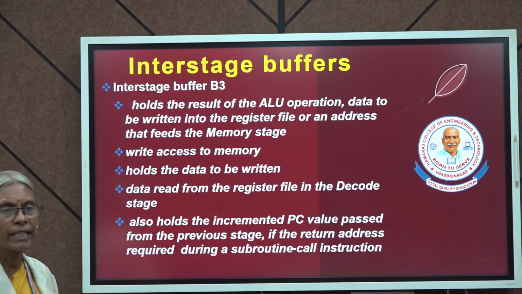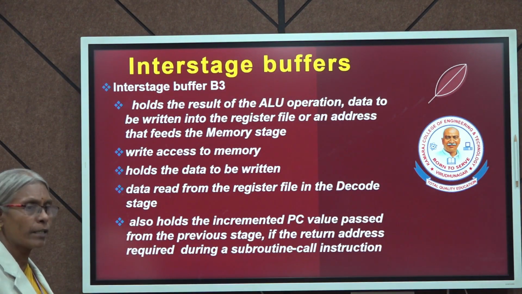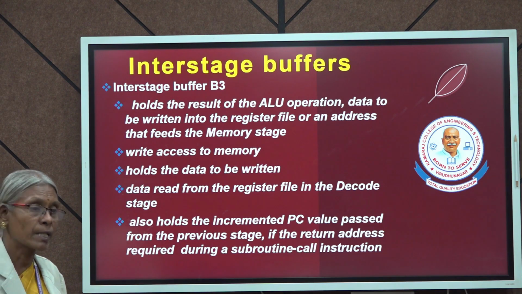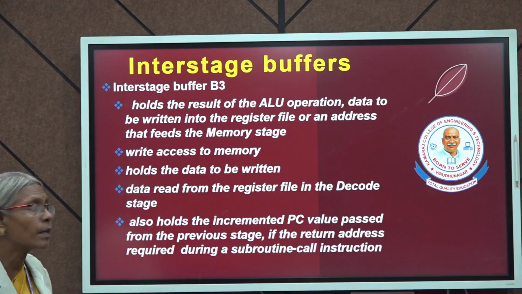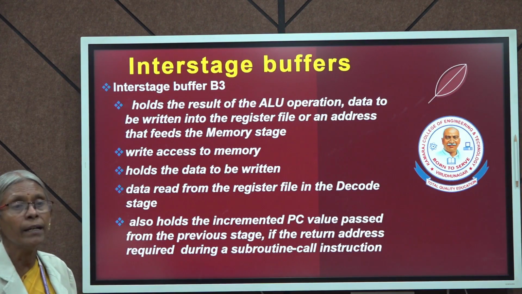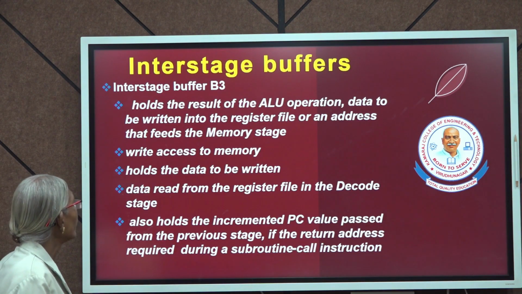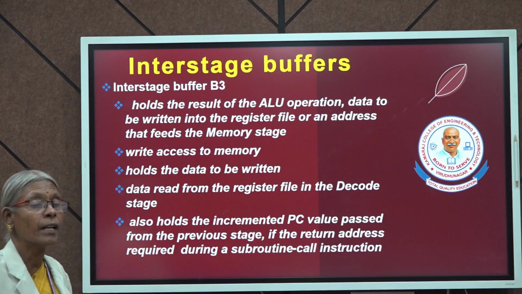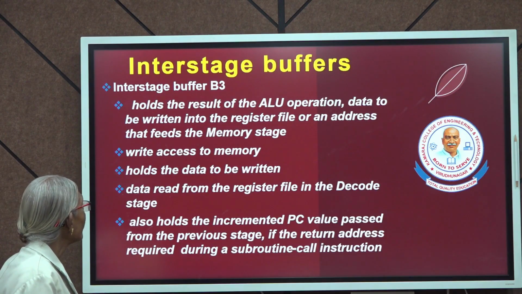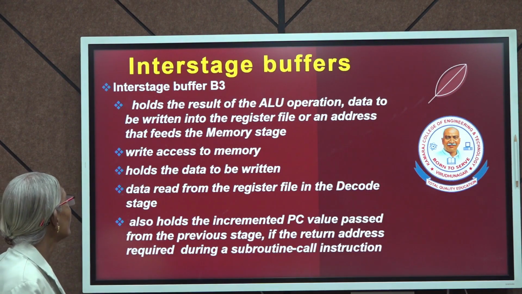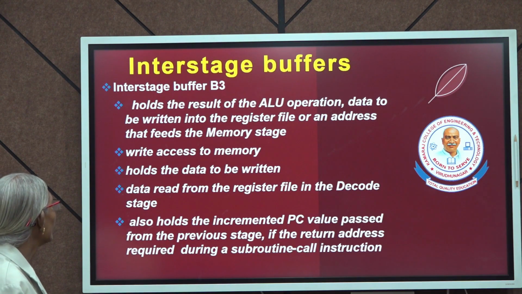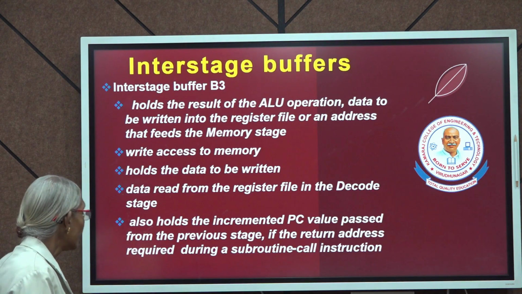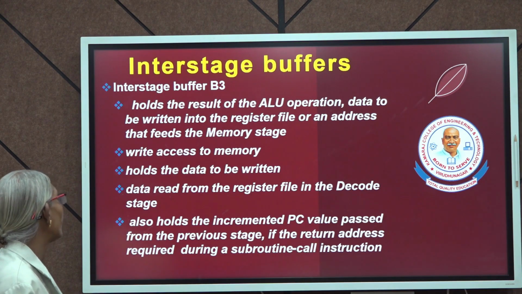So, all these are given by buffer B2. We have interstage buffer B3. Let us see what it is doing. Here it holds the result of the ALU operation. For example, after the addition, we have the result and that is held in the B3 buffer. So, it holds data to be written into the register file or an address that feeds the memory stage. To get access to the memory, we need the data from B3. Here it holds the data which is to be written into the memory